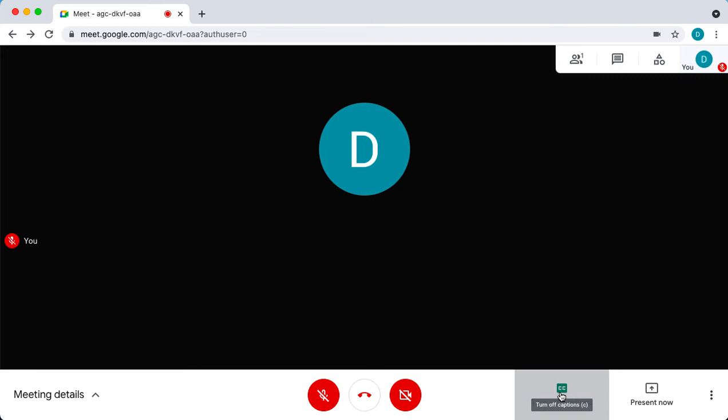When the captions come on, it'll be attributed to the person who's speaking and it'll be in the language that is chosen. There is somewhere else that you can turn on captions, and you do have a few more options, and I'll show you that very shortly. But you can turn on captions down the bottom, and it's really helpful if you're in a noisy environment,